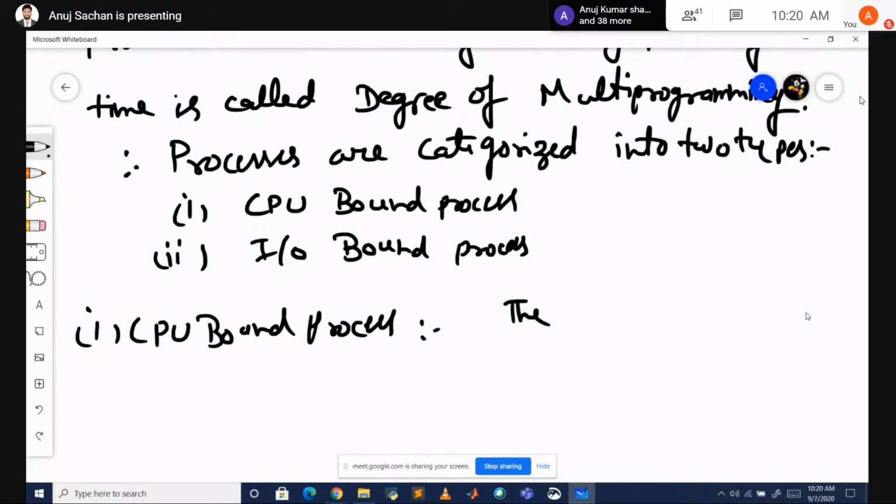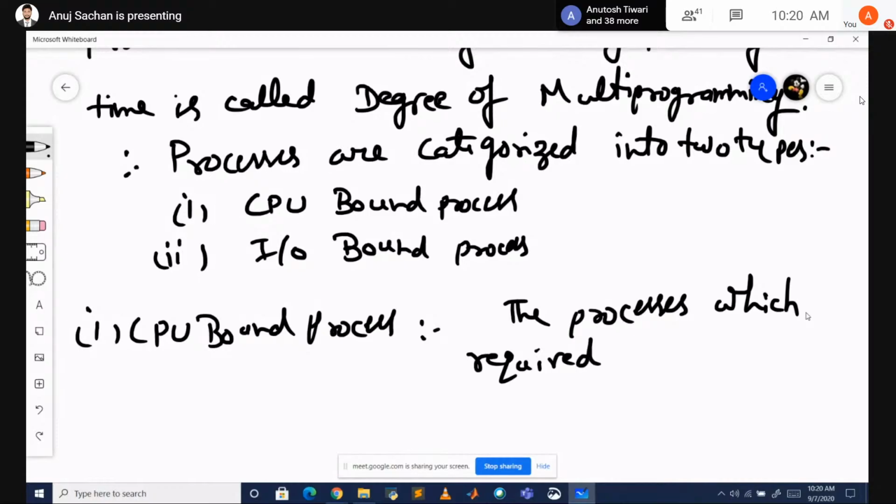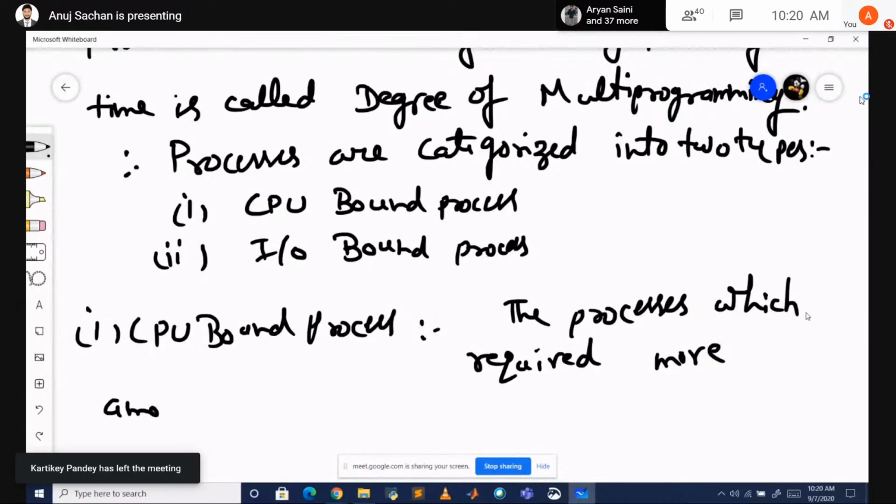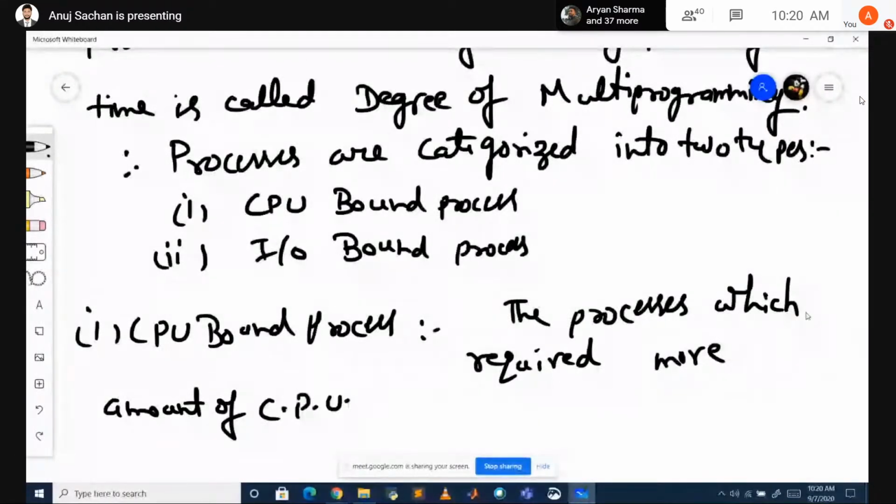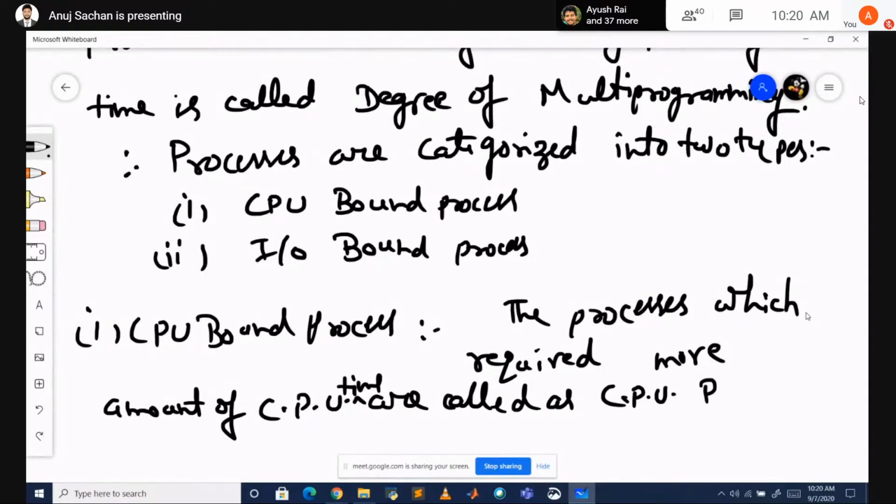The processes which require a CPU time are called CPU bound process।